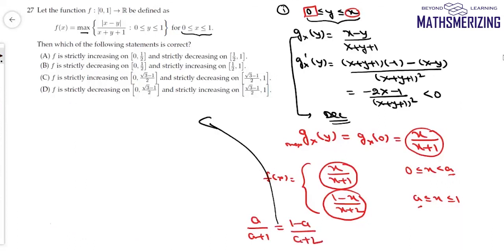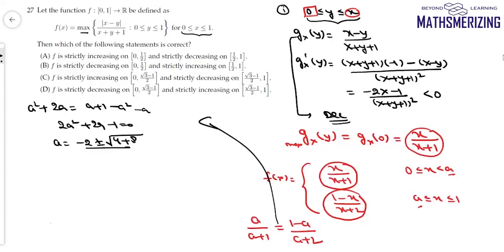Now if I solve this condition, I'll write a square plus 2a is equal to a plus 1 minus a square minus a. So I'll get 2a square plus 2a minus 1 equals 0. Then the value of a is minus 2 plus minus root of 4 plus 8 upon 4. So it will be minus 1 plus minus root 3 by 2. Now this a must lie between 0 and 1. So that means the value of a possible in this case is minus 1 plus